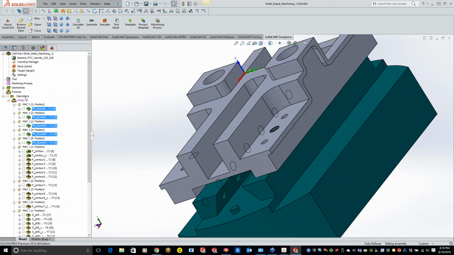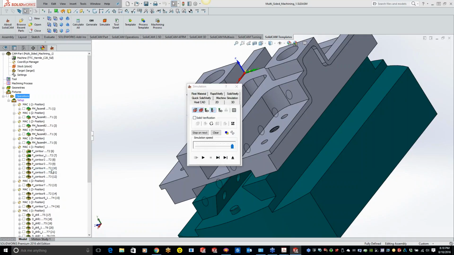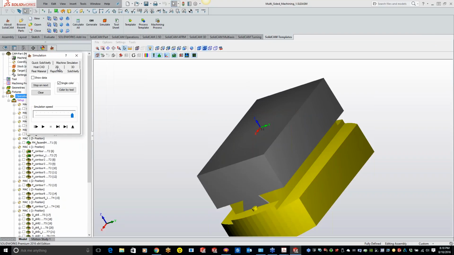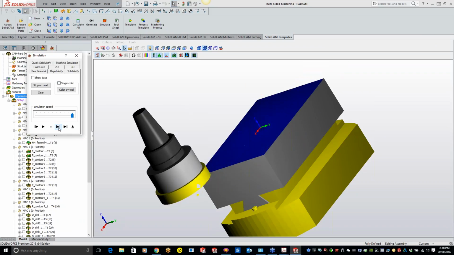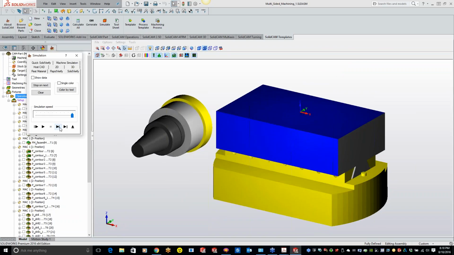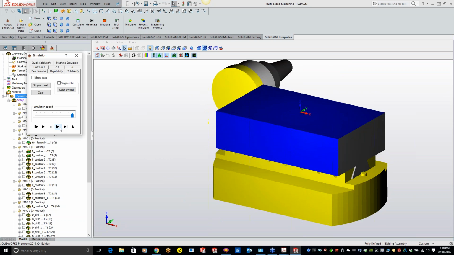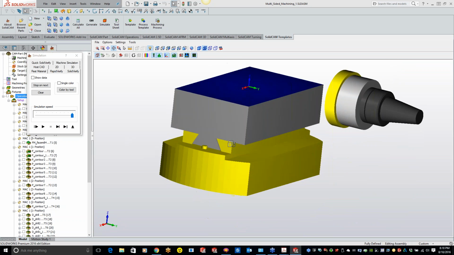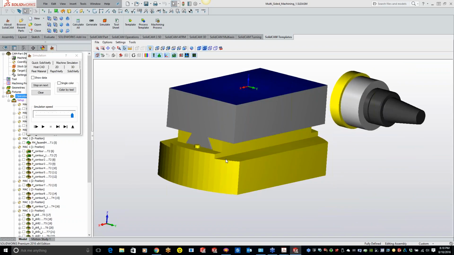Basically how that's going to look is if we do a simulate here. Let me get this out of the way. You'll see that it's basically rotating around, and then rotating around again. Now it doesn't show the actual fixture rotating, the tool just moves around.